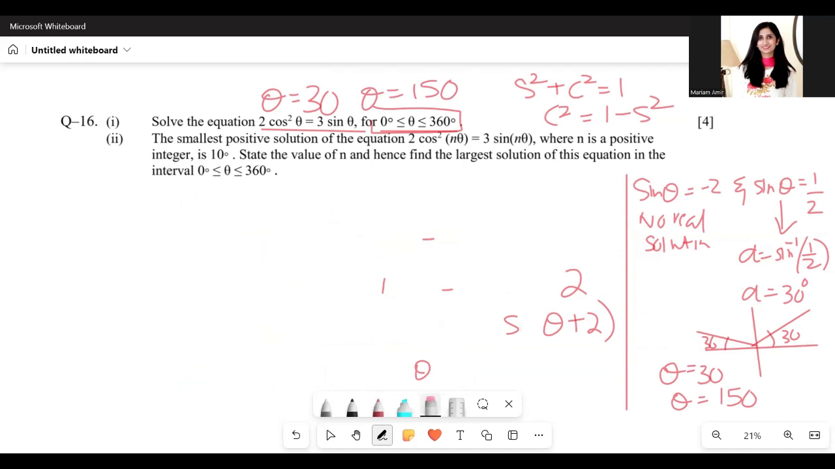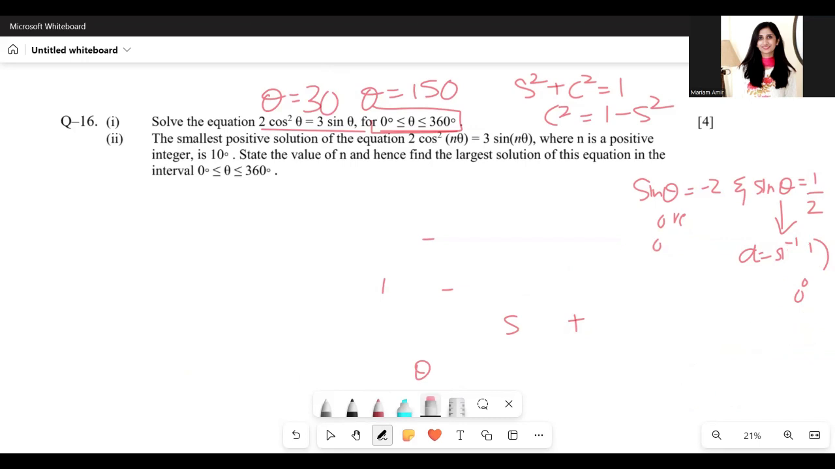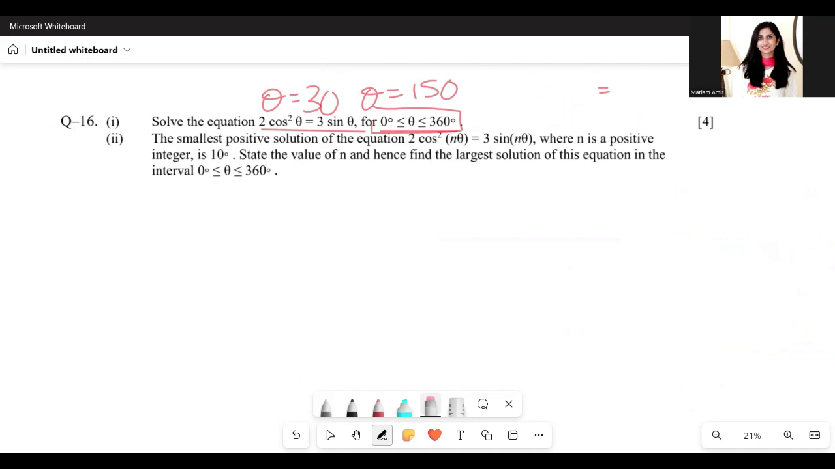Let's do part 2 now. Part 2 says the smallest positive solution of this equation, where n is positive, is 10 degrees. So look at these two equations. They're pretty much identical except for